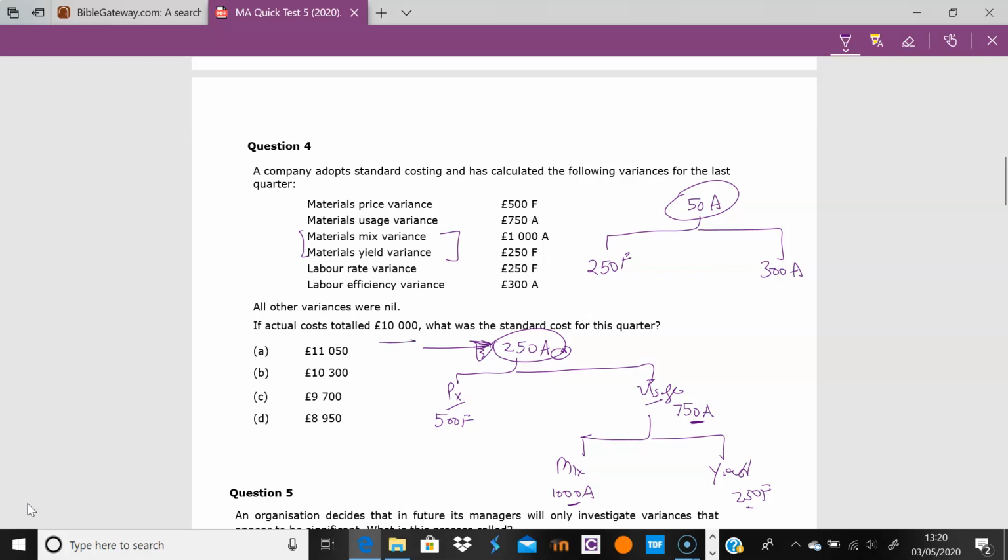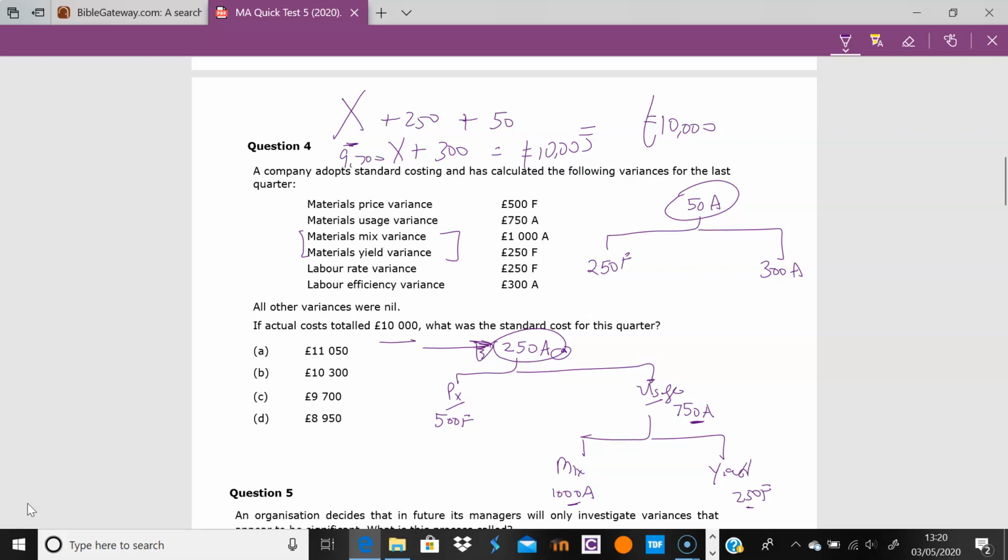So it says if actual was 10,000, so that's what my standard is. I'm going to call it X, and this is my actual 10,000. So I expected to spend a certain amount, but I spent 250 too much on materials, and I spent £50 too much, which is why it's adverse, and I arrived at 110,000 pounds. So the question is, what was my starting point? So technically, this is X plus 300, which is equal to 10,000. So my starting point is